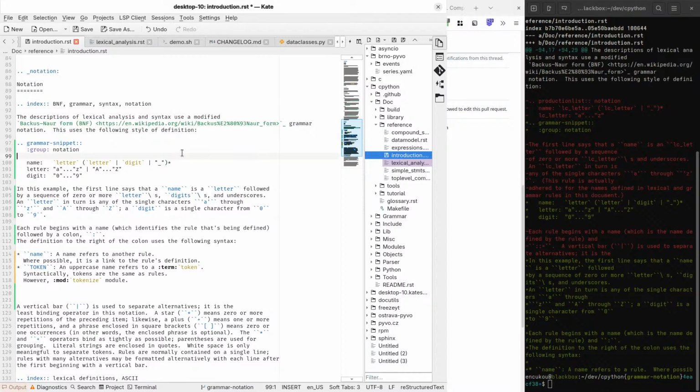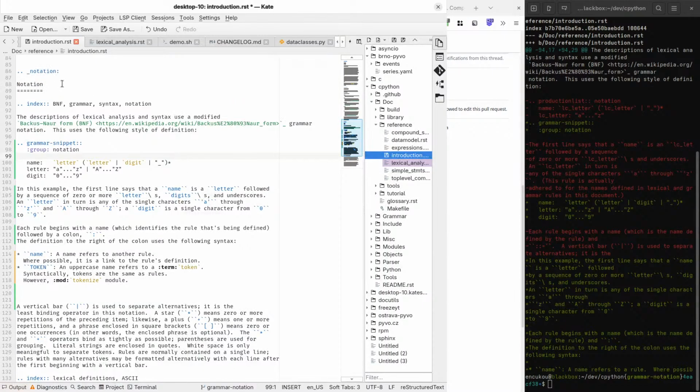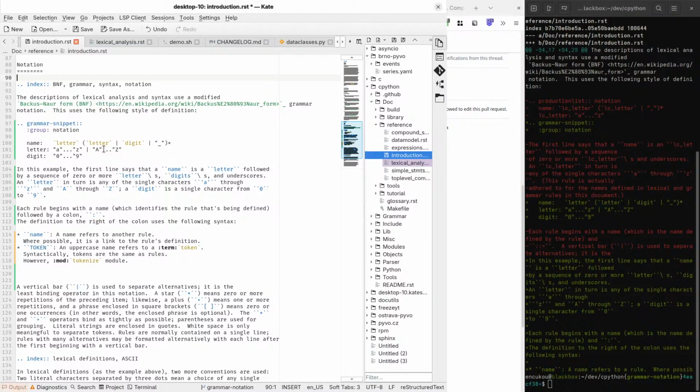All right, so what I've been doing for the past half hour is looking at this notation section in the introduction for the language reference, which introduces the grammar that's used everywhere else. And that's because the improvements we made last time used a bit of metagrammar that wasn't really covered here. So I want to do this first and hopefully do it well.